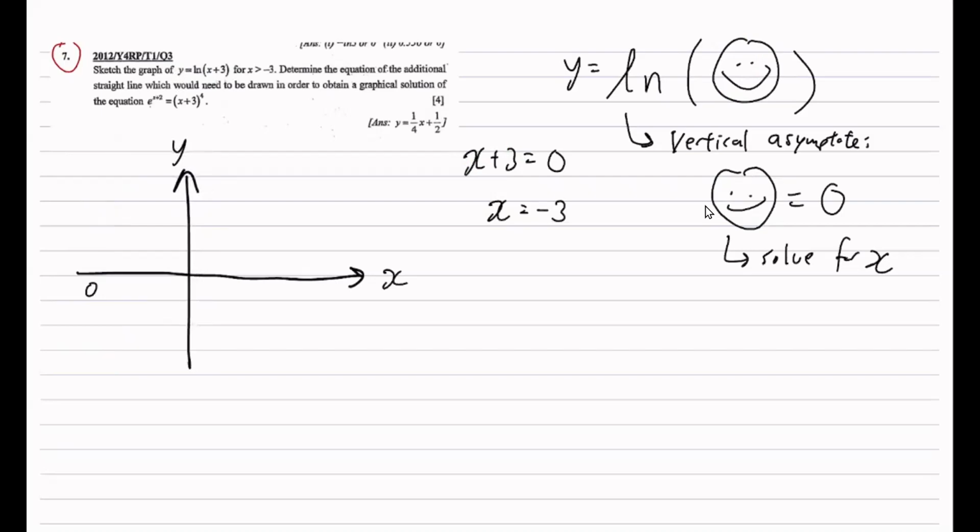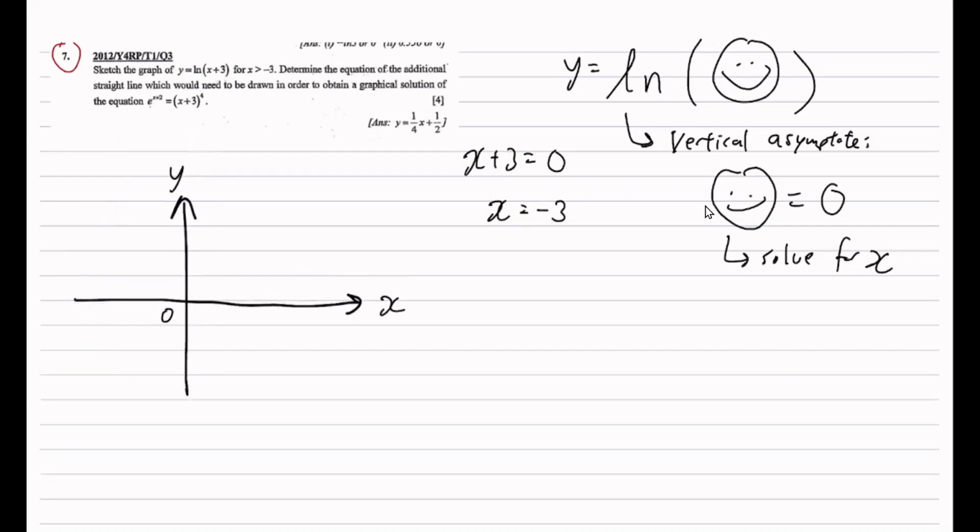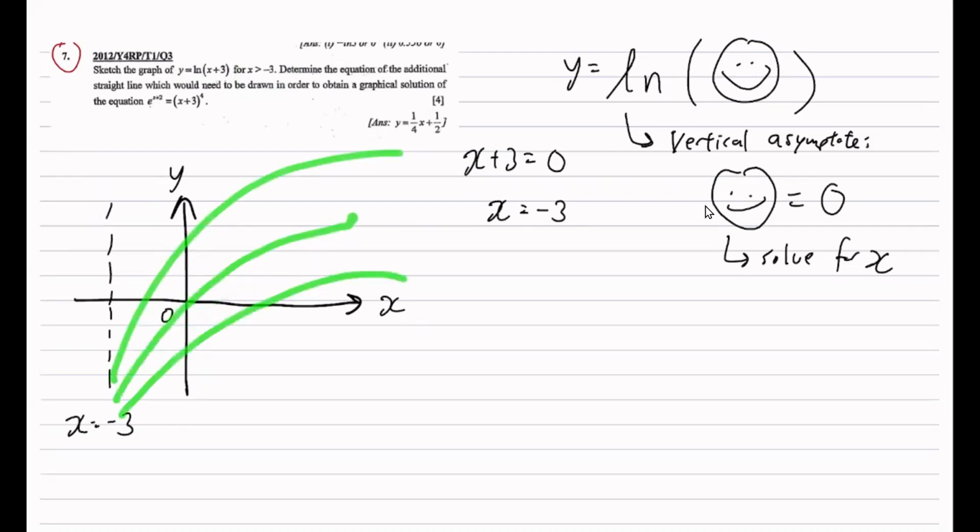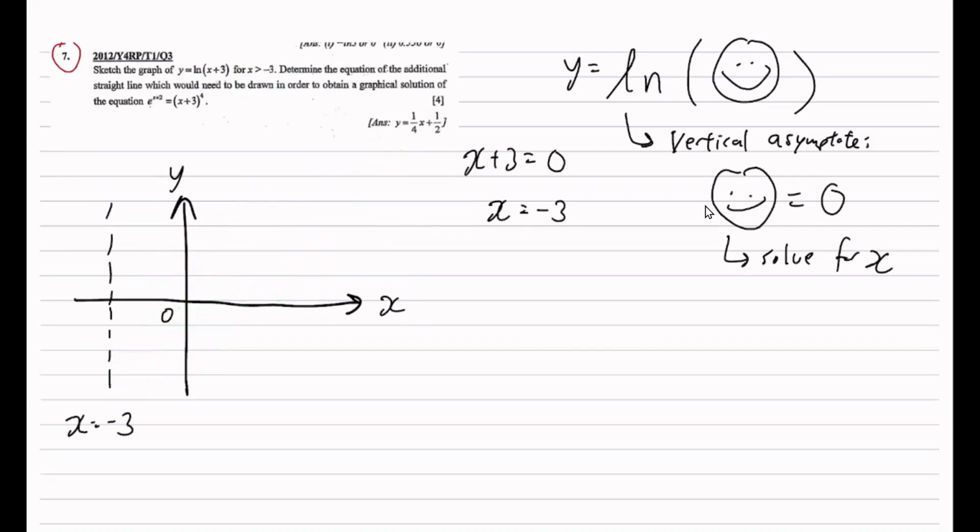So I'm just gonna move my y-axis over, so I have more space. X equals -3 here. Then your graph will always be more than that value. So it will look something like this. But we need to figure out at which point does it intersect the y-axis. So that's when we need to find the second guy, which is the